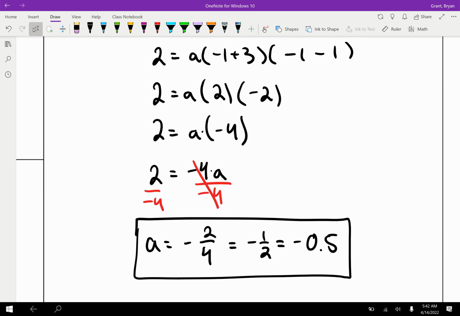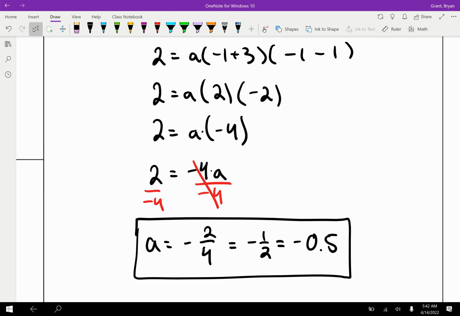Hopefully you gave it a shot. A diver jumps into the pool from a diving board. Their height h in meters is given t seconds after jumping. This is modeled by h of t, and that's a similar style equation. Okay, let's find h of 2 first. So h of 2